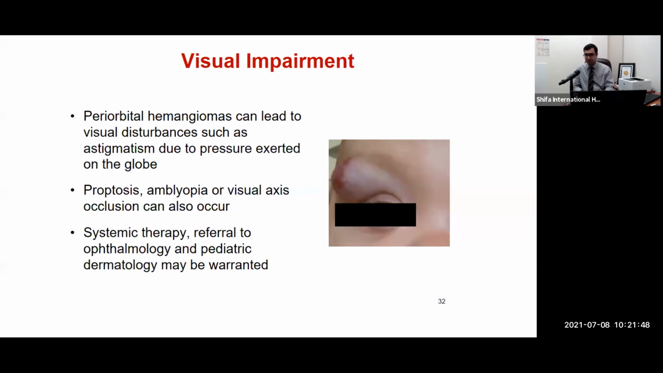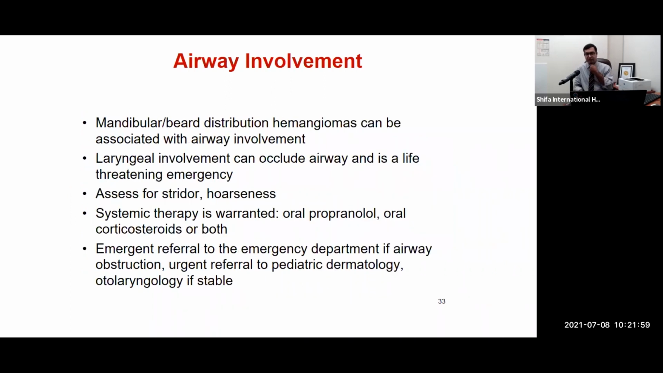So please be considerate about it. Do consider and think outside the box. It is very easy to treat, so there is no reason why we cannot treat hemangiomas. Airway, as we have discussed earlier as well, laryngeal involvement can be a life-threatening emergency. So if a child has a midline hemangioma, especially on the head and neck, and has stridor, hoarseness,